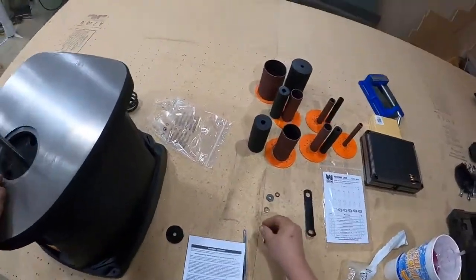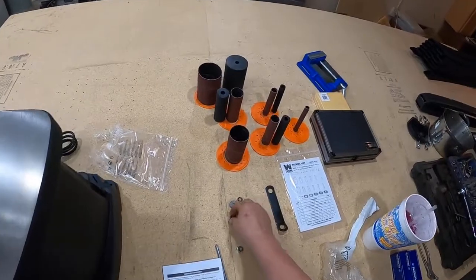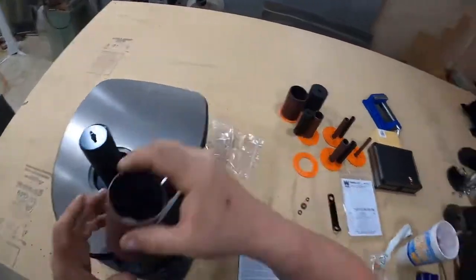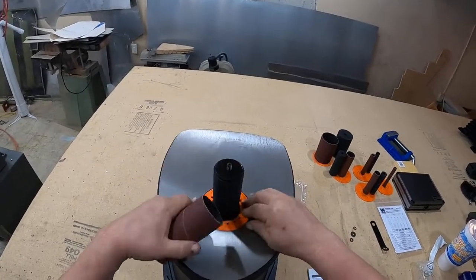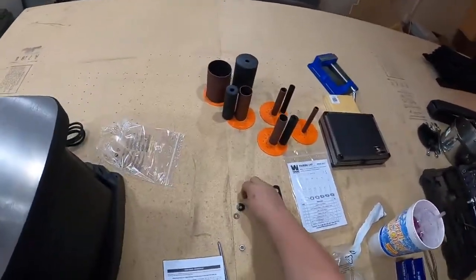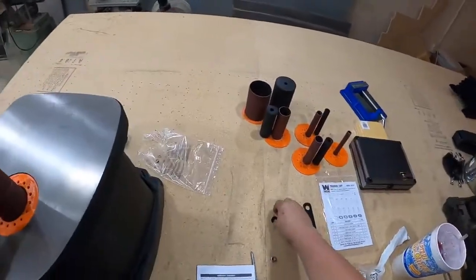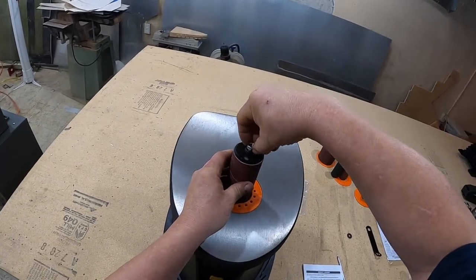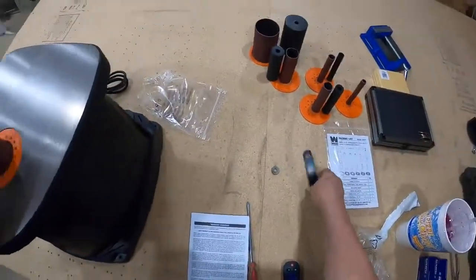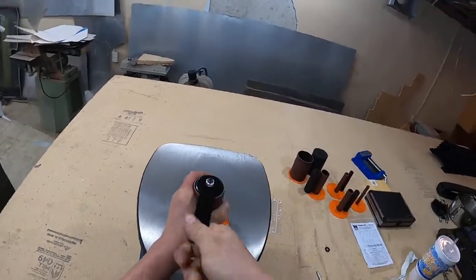Just like that. And then you're going to put on whichever one of these you want to use, say that one. And then you got different size washers for your different size pieces there. So that would work for that one. And you take your little piece here, tells you what size, drop it on there. Your sandpaper barely fits on there, just like that. Then you're going to take your washer and your lock washer, and you're going to put your nut on there. Like so, and it should have enough force to hold itself down when you tighten it up with the wrench. And when you tighten the wrench up, that pushes down on the rubber, which then makes your